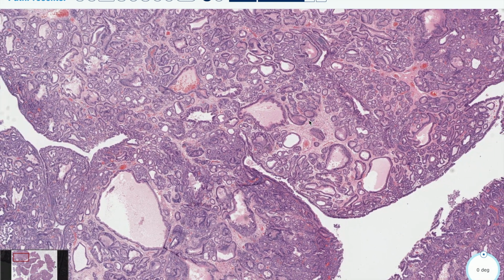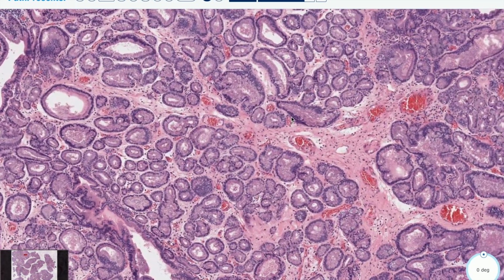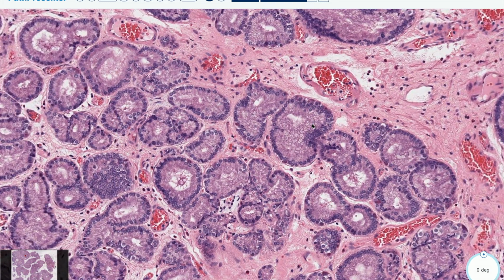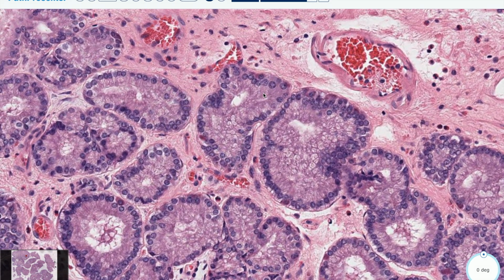If we go in at a little bit higher power and we go down on some of these regions where these glands are a little bit closer together, we see closely packed tubular glands with a low cuboidal to columnar epithelium, and the cytoplasm is eosinophilic with somewhat of a ground glass appearance. And then we can appreciate that these nuclei are all basally located, and they don't really look overly dysplastic